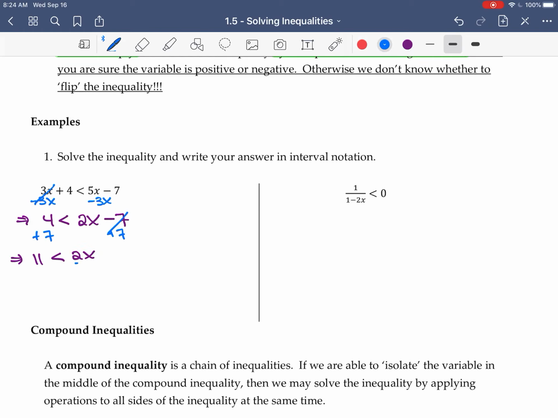And now I can divide both sides by 2. That's a positive number, so I don't have to flip the sign. And that gives me 11 over 2 is less than x. Or, if you want to rewrite it, x is bigger than 11 over 2. Okay, so remember that, all I did was change the order, but when you do that, you have to flip the sign,